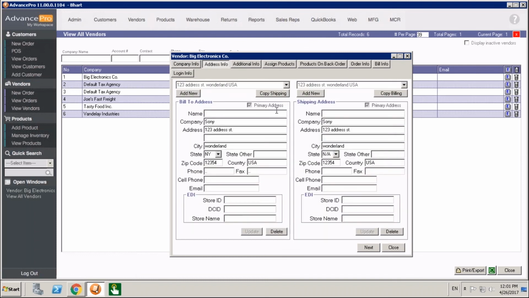In address info, we have a couple of options here. We can actually manage multiple billing and multiple shipping addresses. So this is great if you've got a drop ship relationship, particularly when we get into customers, or if you're dealing with a company that's got multiple locations, you can go ahead and add as many as you'd like. So we can keep adding new addresses to this. Now you'll have this drop down to choose the address that you're going to be dealing with on any given